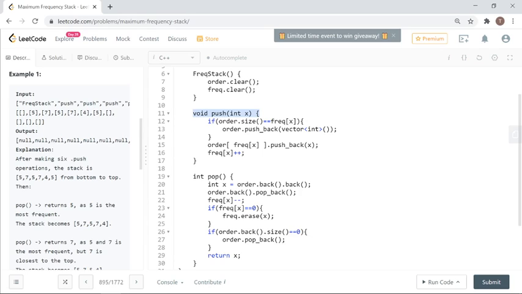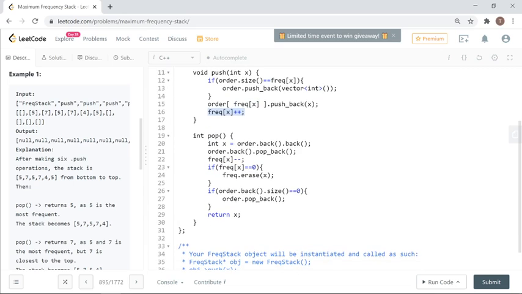Check if you need to create another vector. If you need to create an int vector, create the vector. After that, push the element inside the vector of index equal to the frequency, increase the frequency, and to pop the element,